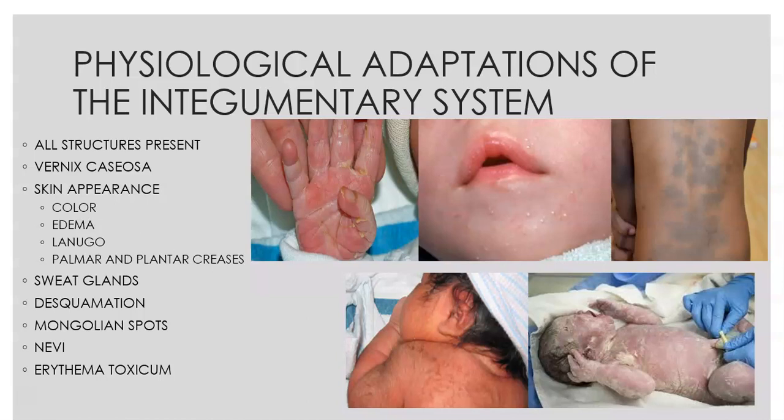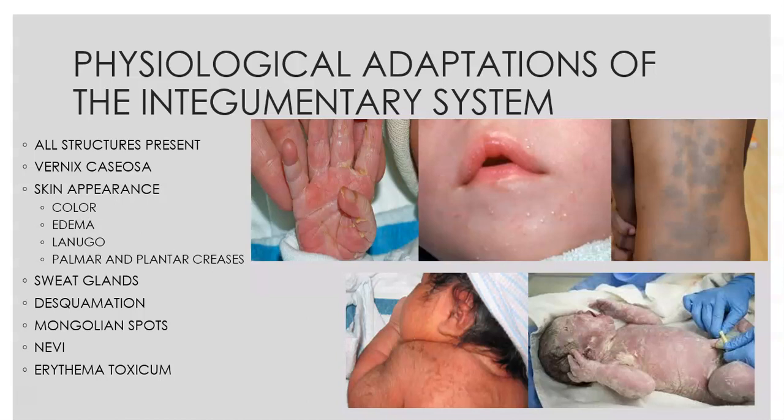So some of the pictures you see, I already talked about a couple of them. The middle top one is something called milia. Milia are these little keratin cysts they get on the face. They look kind of like little whitehead pimples. They're normal. They go away on their own. You'll hear people call it baby acne as well. Most important thing you can teach parents is not to pick or try and pop those, because just like acne in a teenager, picking and popping at those can result in scarring for the baby. So you want to make sure the parents aren't picking or popping at those.